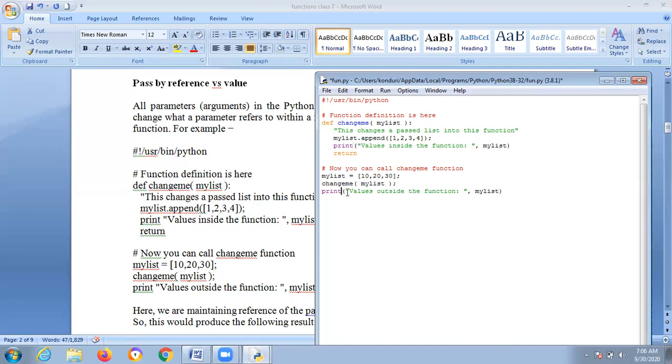So observe carefully what I am doing. First you introduce change me, and later you are using the reference with my list. Here my list is referencing both scenarios, inside the function and outside the function. So my list will be printed, and the values 10, 20, 30 will be added to the list. So values outside the function will be added,